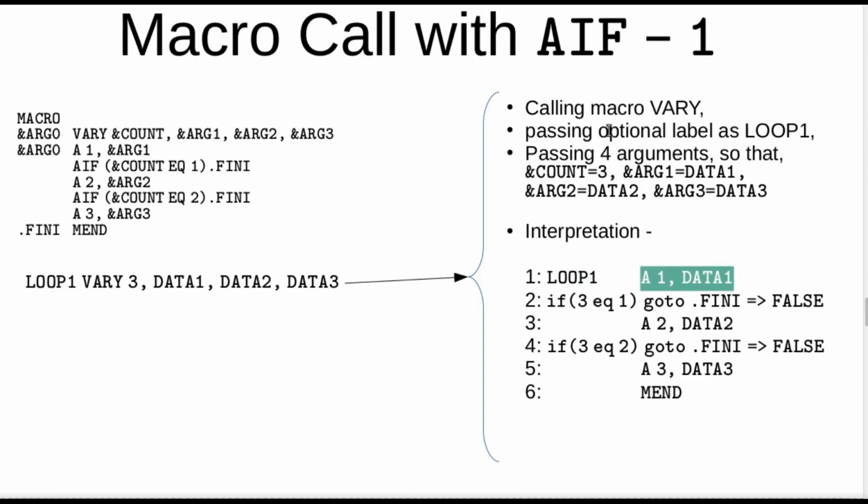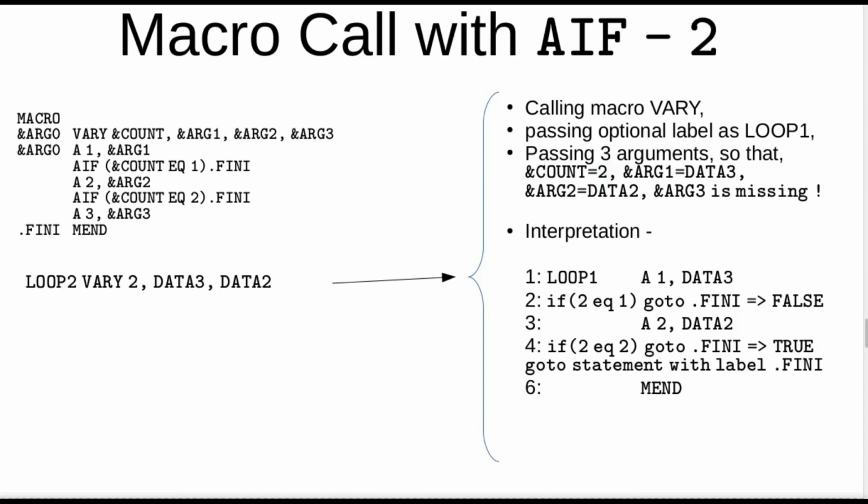Anyway, from this example, what we can conclude is that in this particular case we have the 4 positional arguments, we have passed all of them, and there was no branching, right? But there could have been branching if the value of the count argument was something different. Right now in this example the value of count is 3, so we did not have to branch anywhere. Let's move on to other examples where the value of the count argument changes. Fine. Right. So this is the second example where we'll have different values for different things.